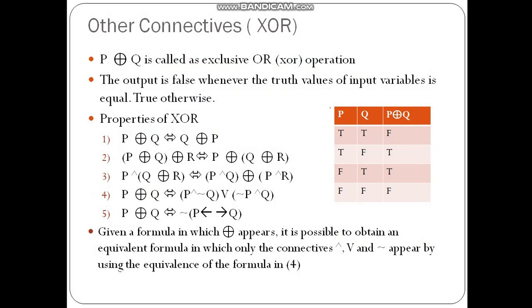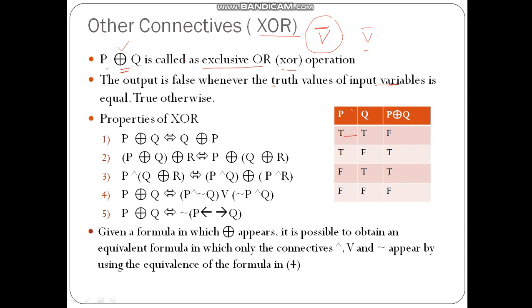So the first connector that we want to discuss today is the XOR gate. This is how we represent the XOR gate. In some textbooks of discrete mathematical structures, like Tremblay Manohar, the XOR gate is represented in this particular way, a conjunction with a bar over it. You can make use of the appropriate symbol wherever and whenever necessary. In this lecture, I am going to make use of this particular symbol to represent XOR. P XOR Q is called exclusive OR or XOR operation.